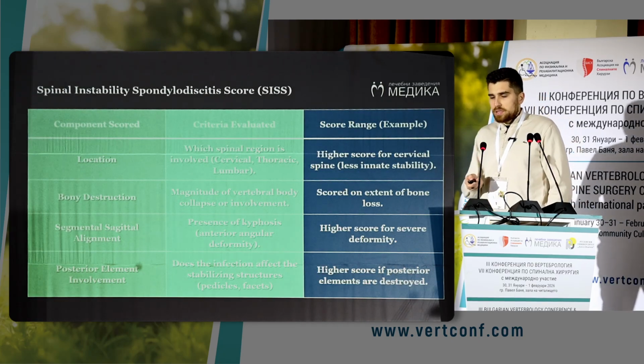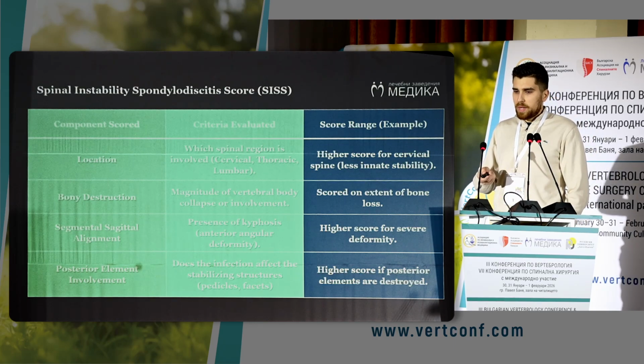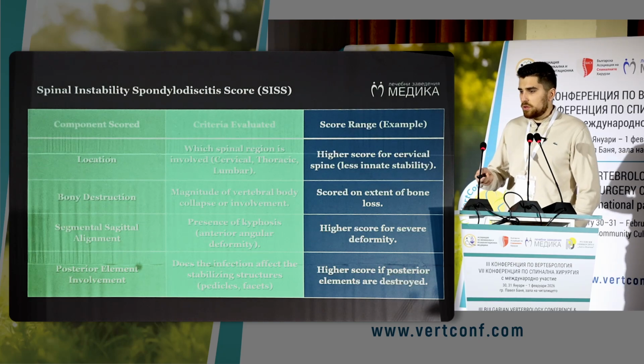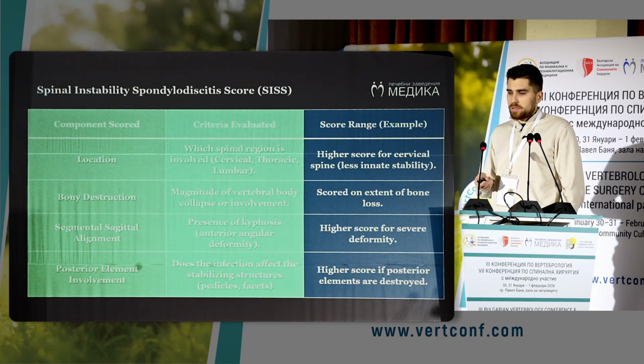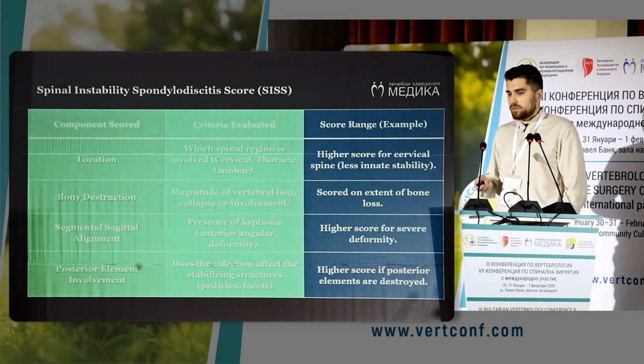The next one is the spinal instability score. The higher the score for cervical spine, also on the bone destruction, scored on the extent of bone loss, and the segmental sagittal alignment. If there is hyperkyphosis, the higher the score for more severe deformities, and also posterior element involvement, whether it affects the stabilizing structures like